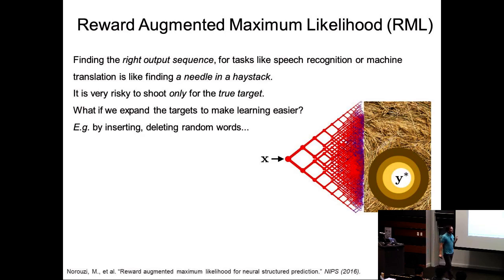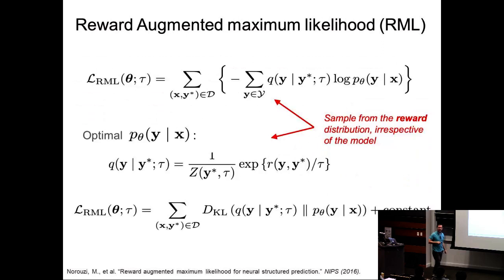So the idea here is to help the model a little bit by augmenting your targets with some distribution over possible targets, if you have that prior knowledge. Sometimes you don't have that prior knowledge, in which case your only choice is to predict the correct one and ignore everything else. But in many cases you can. So here's reward augmented maximum likelihood, where you're basically solving this particular problem. The details of how we do it, you can look at the research paper here.